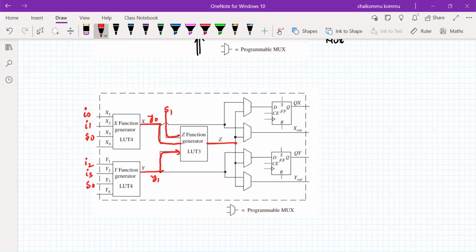So therefore, we have used only one CLB instead of two CLBs. Of course, additional hardware is involved, but compared to two CLBs, we have to use only one CLB because of the additional information available at this point. Therefore, resource utilization is done very easily compared to the earlier case. Somehow we have reduced the number of SRAM cells. Later, it can go either this way or this way, depending upon what kind of multiplexer information we have.